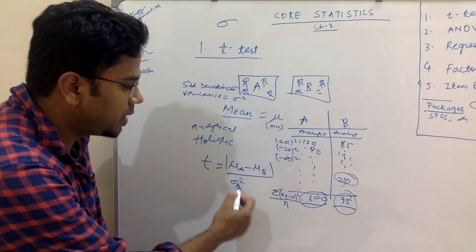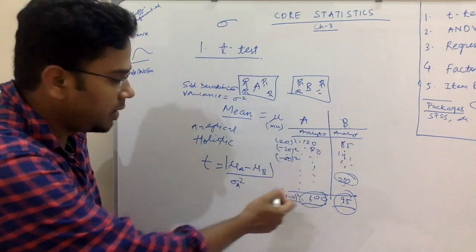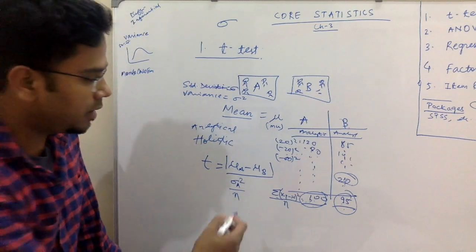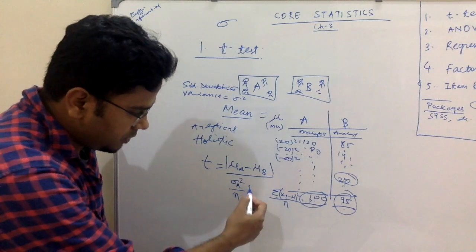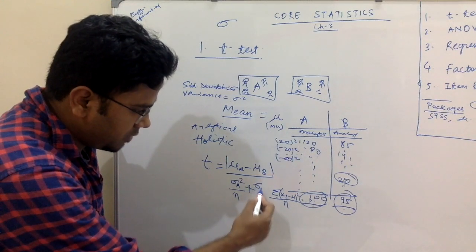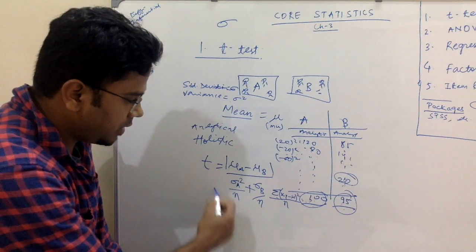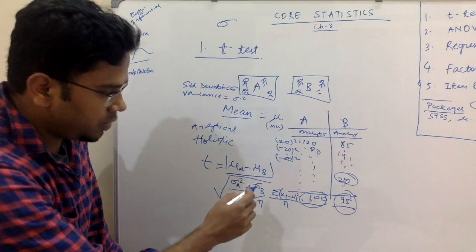Okay, so sigma A square means variance of the data set of A. If I divide it by n and then do a similar thing with the variance of B, and if I put a square root of all this, you will get